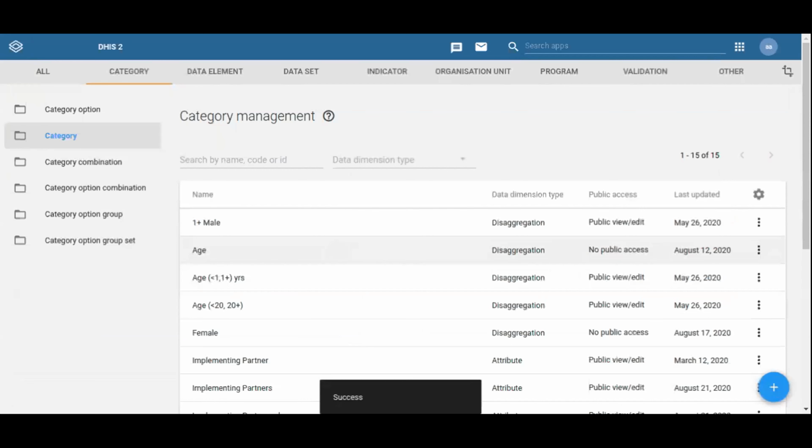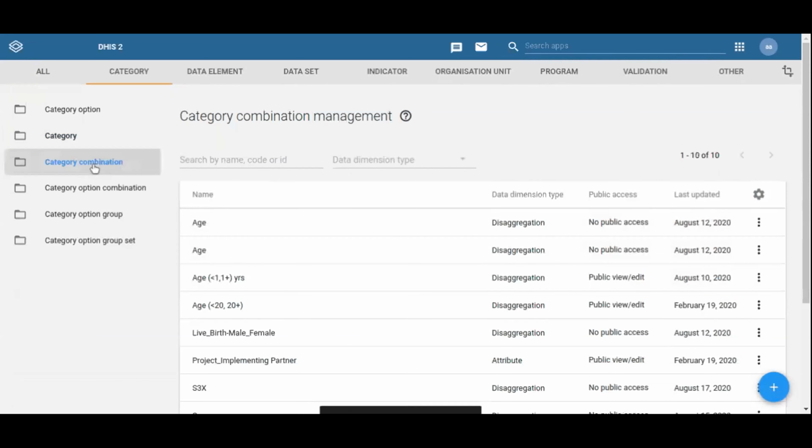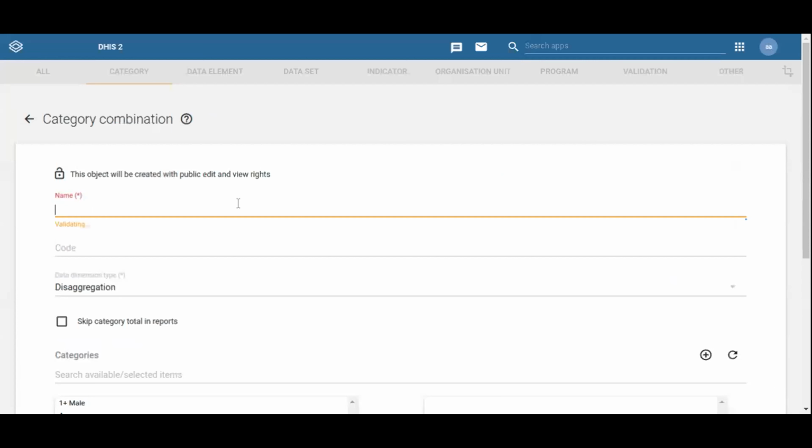You remember in the data set, there is an option to include a category combination or not. So in order for this to be applicable in the data set, I have to create a category combination. So let me put this name, I will say maybe implementing partner. I'll try to see if I will maintain the same name as for